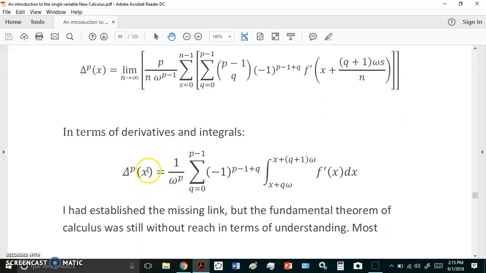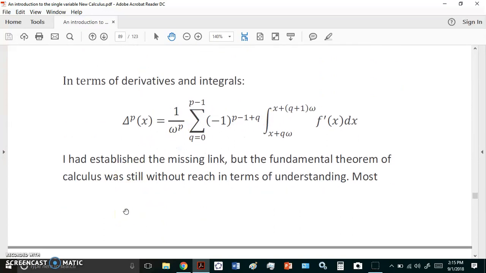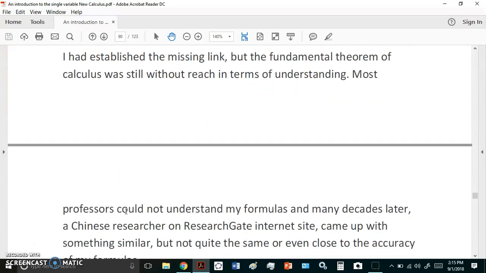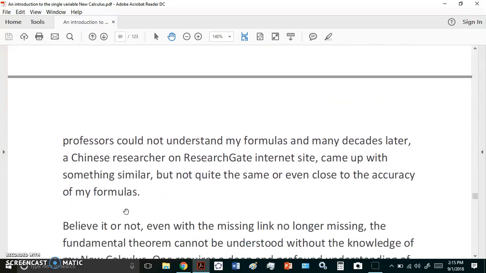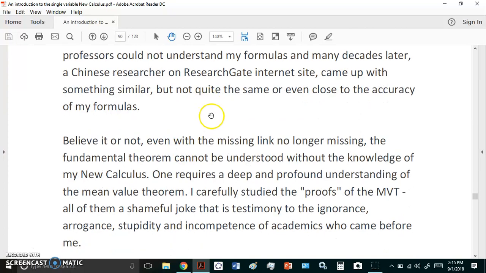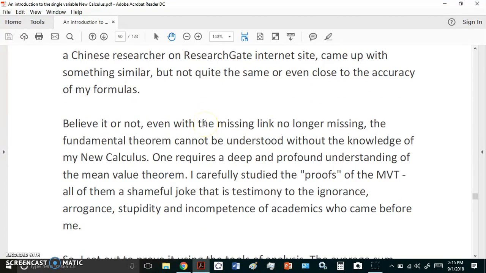But this was a connection, so I could see that I'd established a missing link, but I didn't understand the fundamental theorem of calculus. Many of my professors had no clue, and I was kicked off ResearchGate, internet site, because some academics there didn't like my ideas, nor my new calculus, which I discovered. It was their loss, of course. In any case,